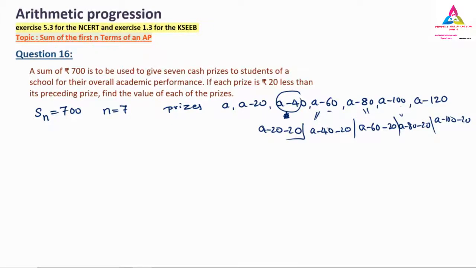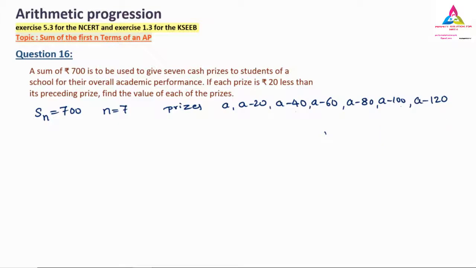So now we will solve. How to continue this? The continuation is the easy part. Now we have to substitute in the Sn formula, because here they have given the Sn value for us. So Sn is equal to, here which formula are you going to apply, whether you are going for n by 2 into 2a plus n minus 1 into d, or n by 2 into a plus an? Here you have to go only for n by 2 into 2a plus n minus 1 into d.